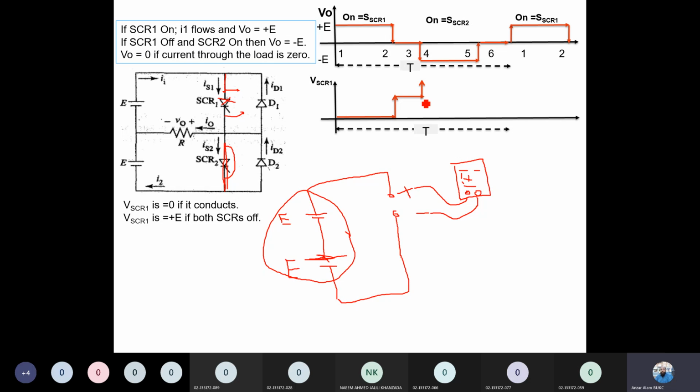I have another class. तो ये देखें ये क्या हुआ, इसमें आउटपुट जो वोल्टेज है यहाँ पर, जब ये स्विच ऑन है और ये स्विच ऑफ है, तो this voltage will be 2E and the things will be continue. So ये प्लस E है ये वाला और ये वाला प्लस 2E हो गया. That's good answer and thank you for your understanding of this one. So the output voltage, this is not the output voltage, this is the SCR voltage. इसी तरह से